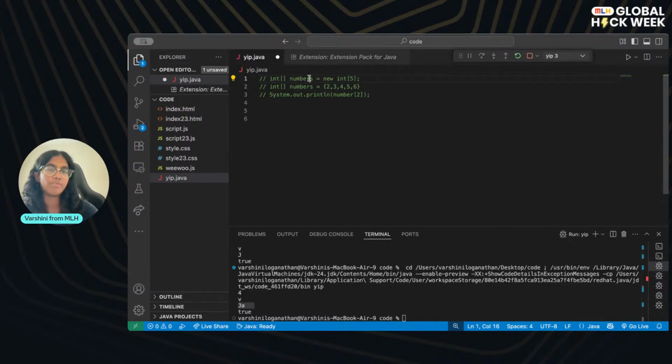This is going to be more useful, obviously, if you don't know what's going to be in the array, and this is more useful if you know what's going to be in the array. And then you can access it using the index. So 0, 1, 2, that would be 4. So you would get the fourth element here.